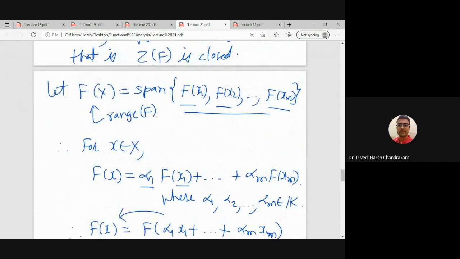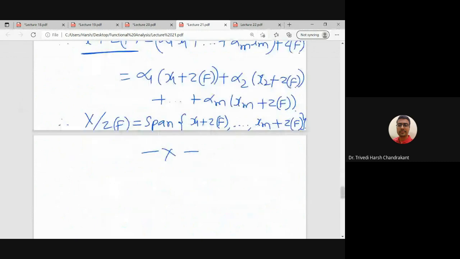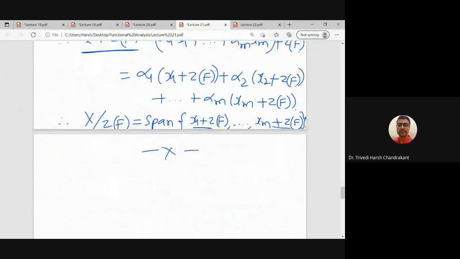So since the range is finite dimensional, those basis elements give the corresponding elements which span the quotient space. So therefore X/Z(f) is finite dimensional,